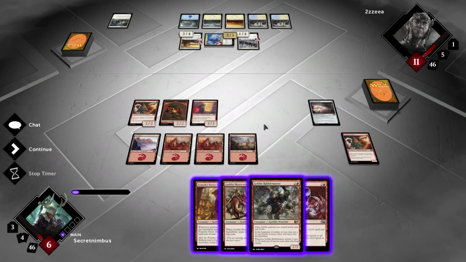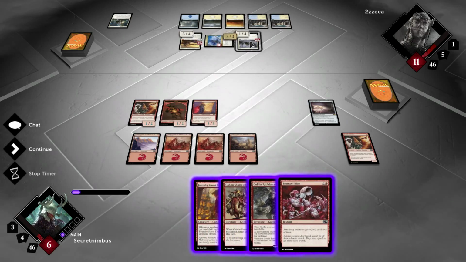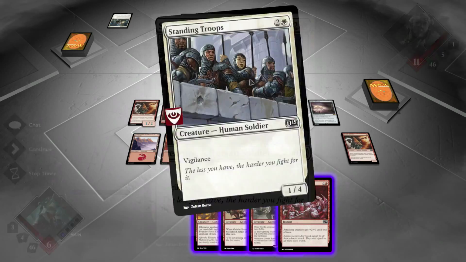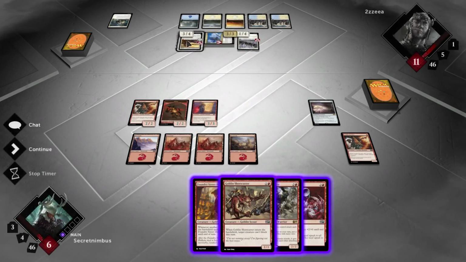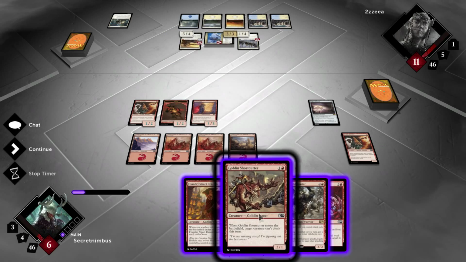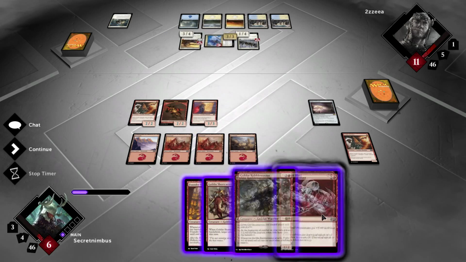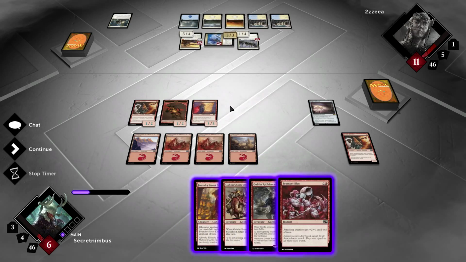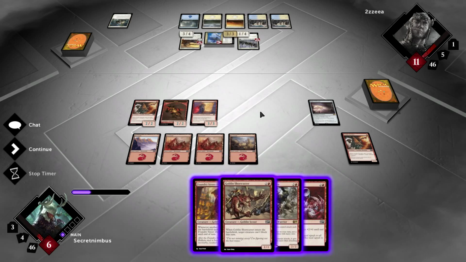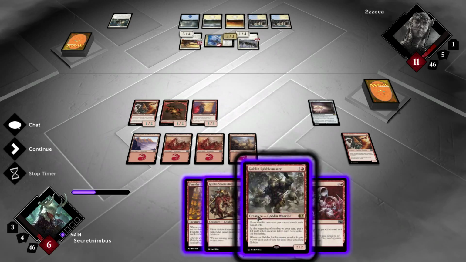That's not quite enough, unfortunately. Because he'll block. He'll be able to block with the Standing Troops. Unless I force him to block with the Brimaz, which would actually work quite well for me. No, I can't play both, because I've only got 4 mana, haven't I? Jesus Christ. This is annoying. I was trying to think of what to do. 3, 5, 7...